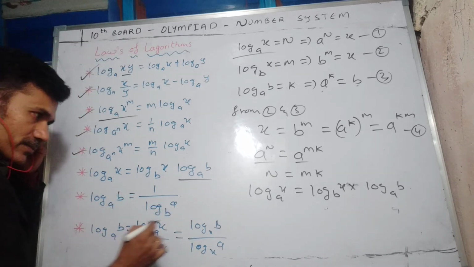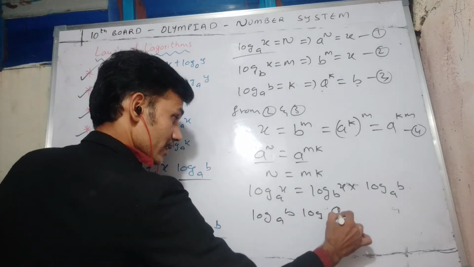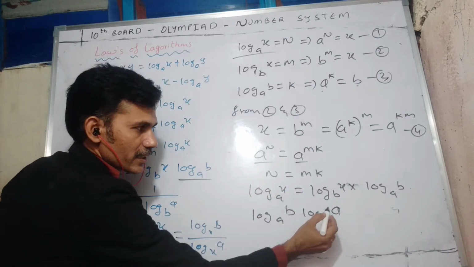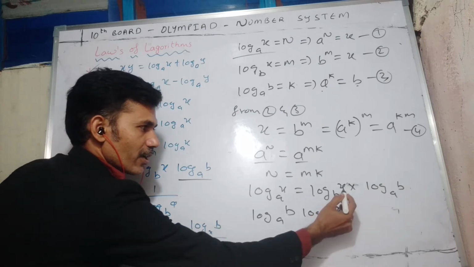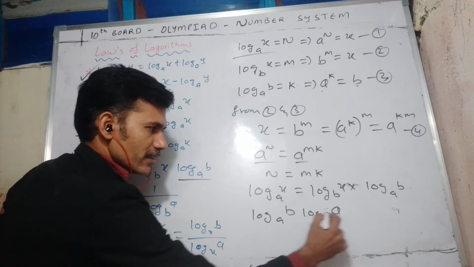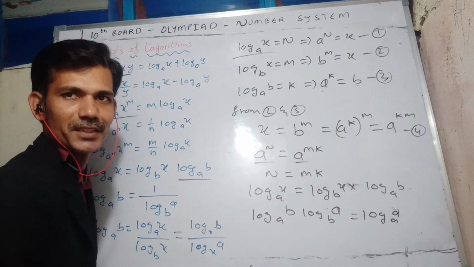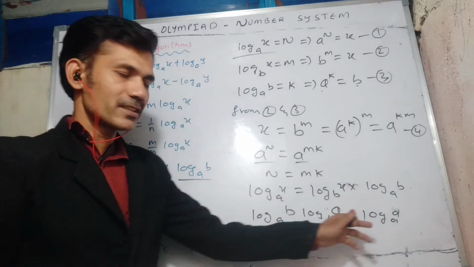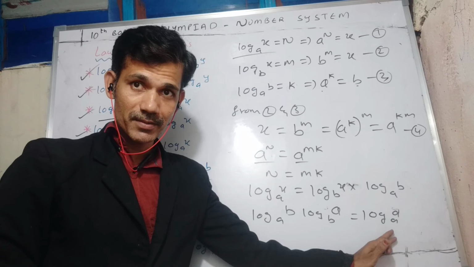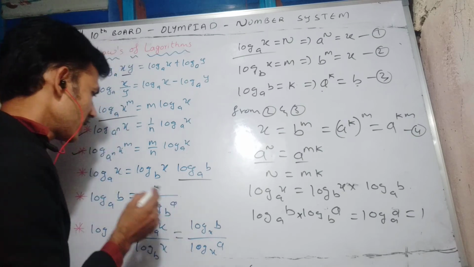Suppose you take this example, log b base a and log a base b. If you apply this chain rule, what we can write? Here we can write log x base a. Here also what we can write? This will become, by using the chain rule, log a base a. So we know this: logarithm of any non-zero base to the same non-zero argument is unity. So this value will be 1. If the product of these two numbers is 1, then one is reciprocal of the other.